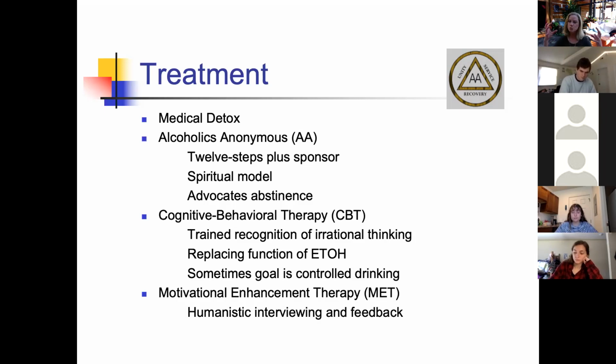Okay. So I just want you to recognize that these two treatment approaches, some people go into treatment and do both. Some people get a professional therapist, or they go to a professional rehab program, and then they're doing AA in the rehab program also, or after they get done with their professional treatment, they're still going to AA groups. So some people do both of these things, but I want you to know